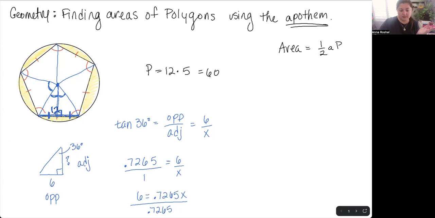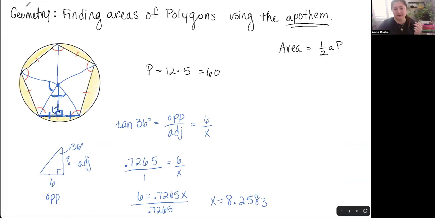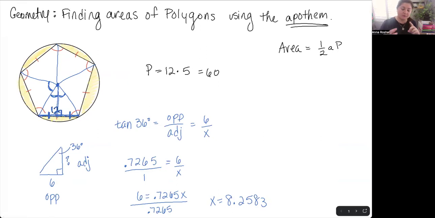let me just get that on the calculator. So that should be 8. It says 8.2583 if we round it. It really does depend on what the question asks. You know, are you being asked to round it to the nearest tenth, to the nearest whole, to the nearest whatever? So we can put that number in, like either this one with 4 numbers after the decimal point,